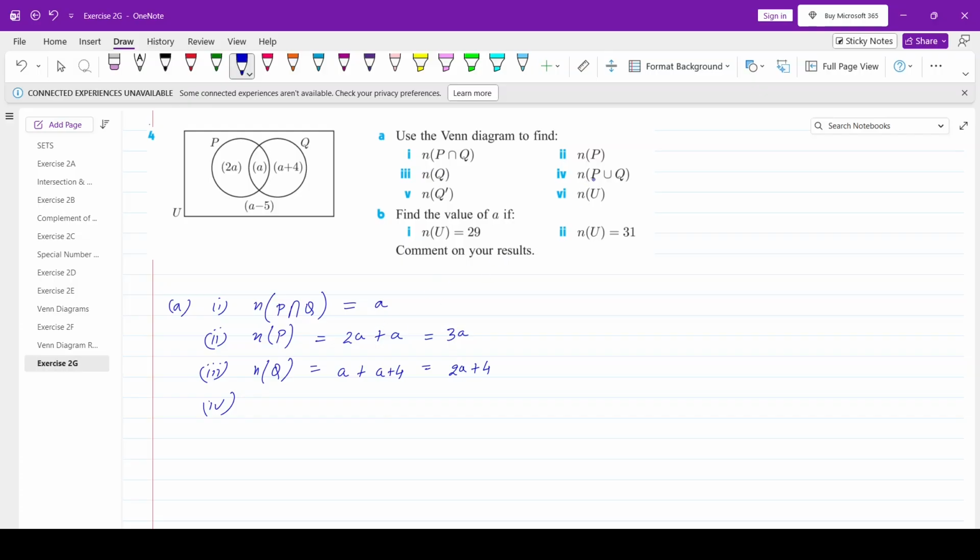The number of elements in P union Q. P union Q. That is 2a plus a plus a plus 4. So this is going to be 2 plus 1 is 3, plus 1 is 4. 4a plus 4, or taking 4 common from both the terms,